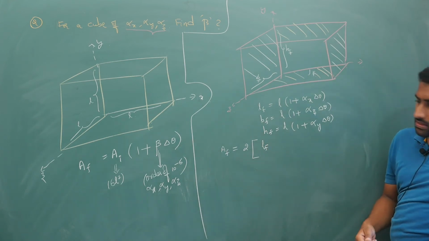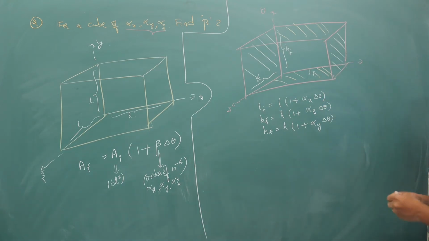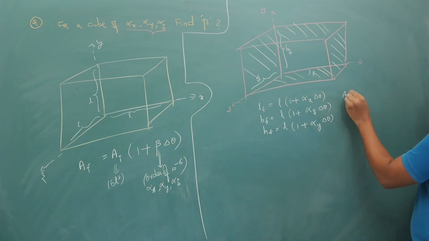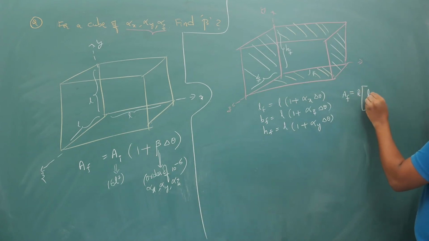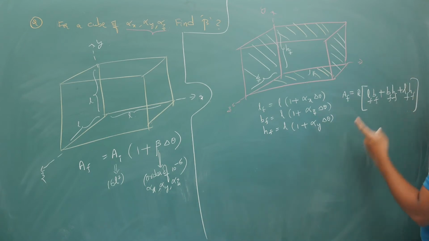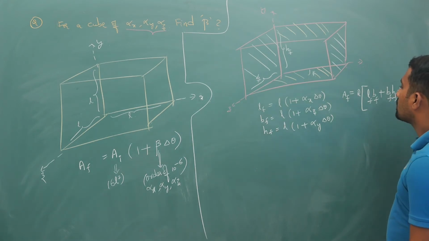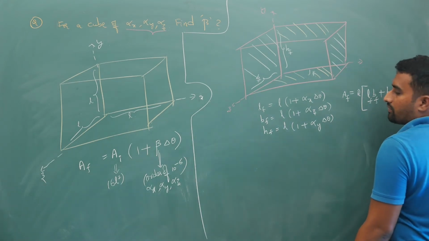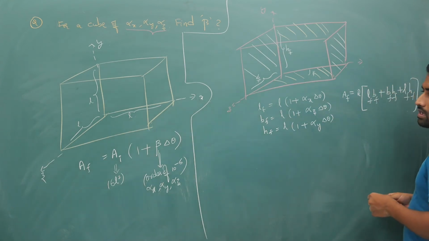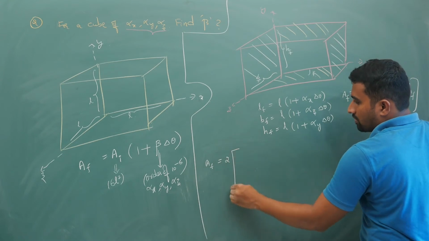I need space, so I will write this step to the side. I want you to get convinced with the fact that your final area is 2 times LF BF plus BF HF plus LF HF. Your surface area on the top and bottom is the same, front and back it is the same, left and right it is the same. So if you extend this, that will give you final area is 2 times of,